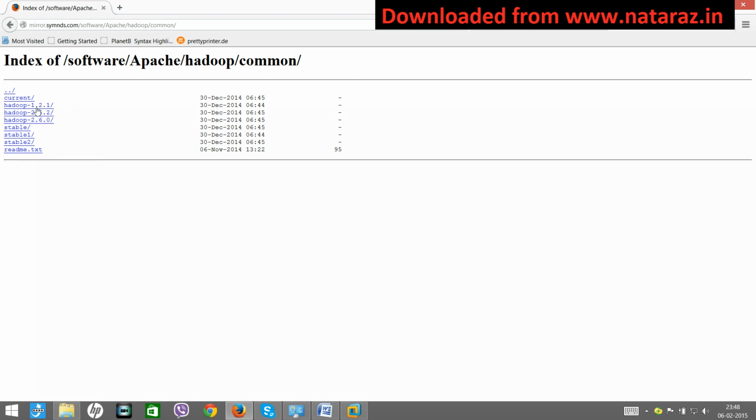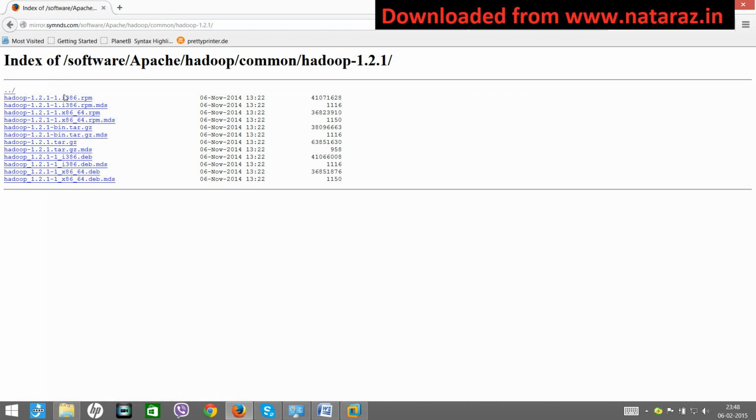Okay, so 1.2.1 is the latest one. From here, choose the tar.gz version. You can choose the binary or this other one. Binary means only binary without source code, while here you will get access to the source code also.